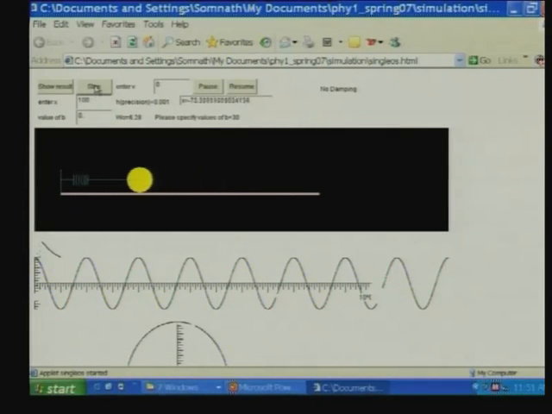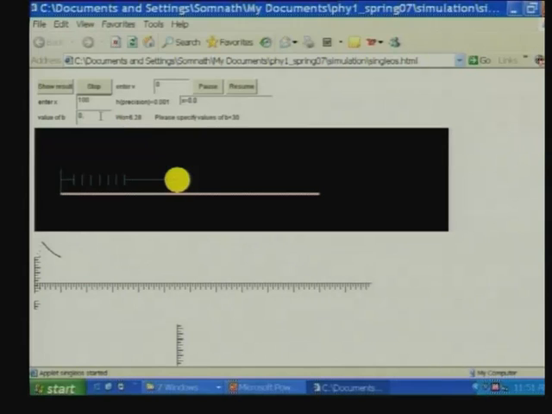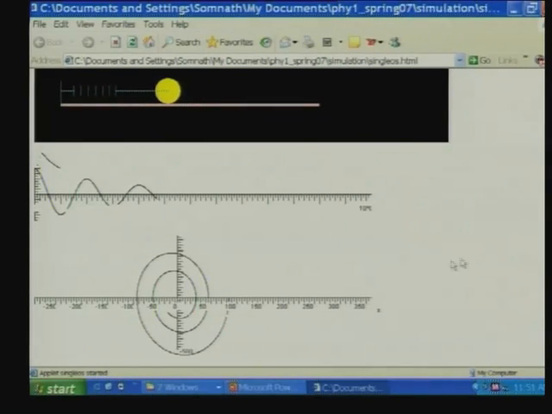Now, let us introduce some amount of damping and see how it behaves. So, let me introduce a small damping. The value of B which I have chosen is 1. Let me start the simulation again. This shows you an underdamped oscillation. Notice that as the system evolves with time, the amplitude of the oscillation decays exponentially, as we expected for an underdamped oscillator.